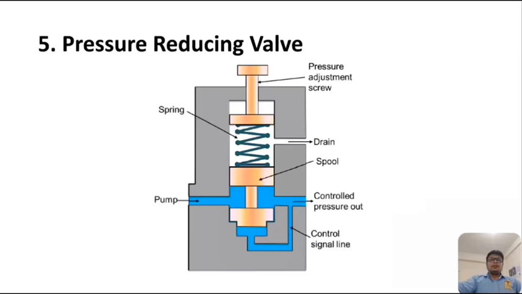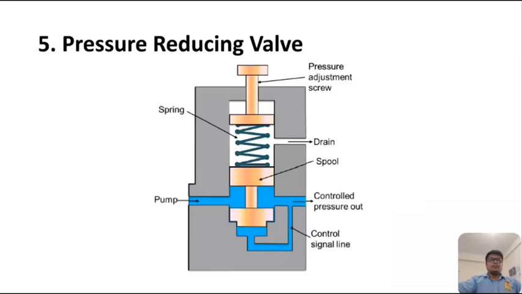These are open type valves, and they have a spring chamber with an adjustable spring and a movable spool, as you can see from the figure. A drain is provided to return the leaked fluid in the spring chamber. A free flow passage is provided from the inlet port to the outlet port until a signal from the outlet port tends to throttle the passage through the valve.